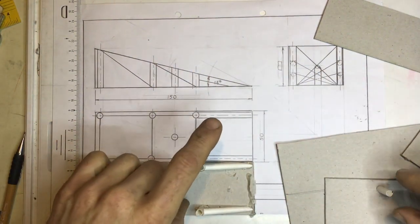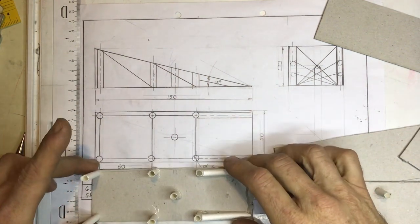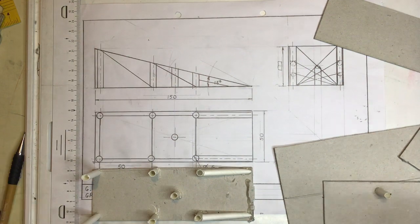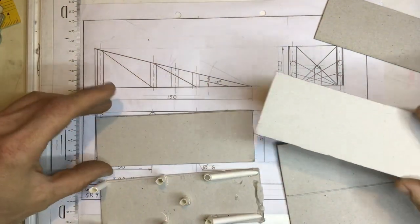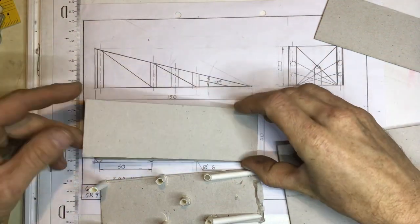Right, that little straw actually needs to go smack in the middle like that. There we go. You can see the layout of the straws. Right, once I've got the base and the surface of the ramp, I now need to get the